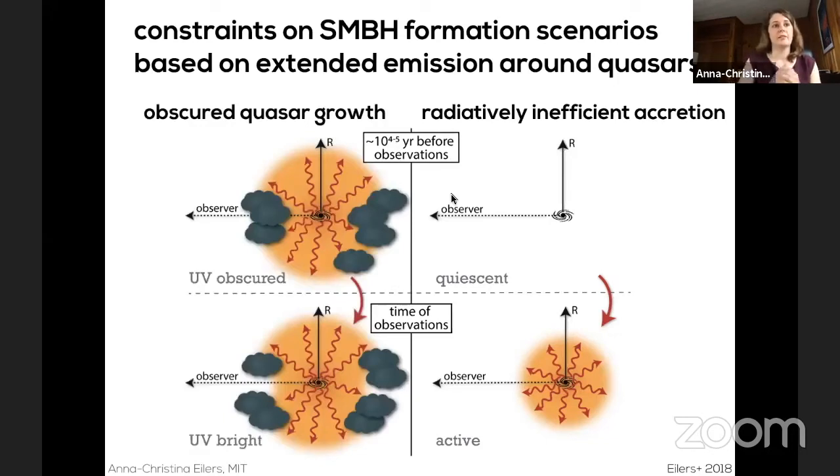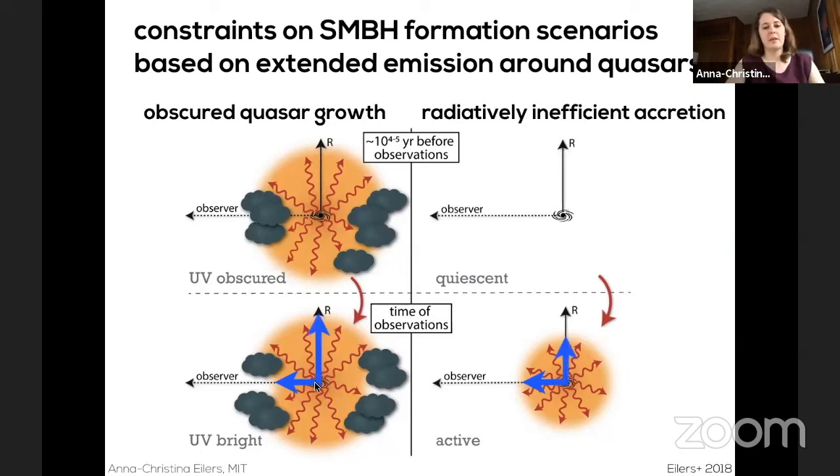On the other hand, the quasar could have been shining and growing its black hole for a much longer time, but it was just obscured along our sight line until like 10^4 or so years ago. Then the obscuring clouds moved away and we would observe a quasar as if it were young, because the UV radiation along the sight line was blocked. But in reality, this quasar has been emitting ionizing radiation and accreting mass onto the black hole for a much longer time.